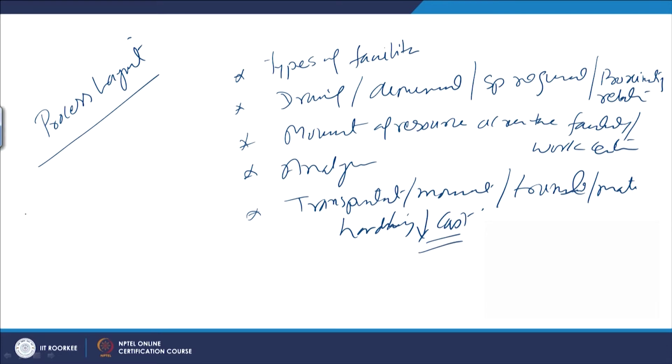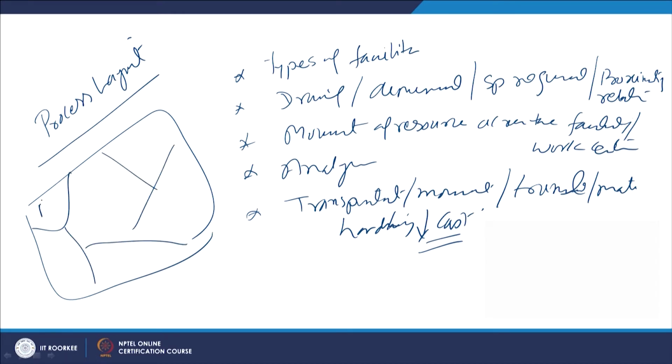So, basically the idea here is that if there are various groups like A, B, C, D, E, F, whether we should have A close to C, or D close to E, or B close to F, or F close to D. Especially the non-adjacent work centers are analyzed to see if really they need to be close to each other or not, or what will be the kind of arrangement that will help in minimizing the distances to be travelled, the transportation or material handling, so that material handling cost and the distances related with it can be reduced.